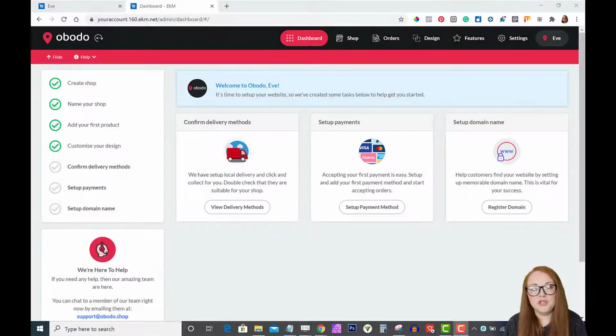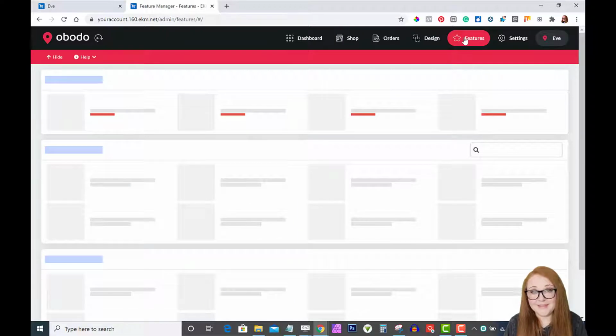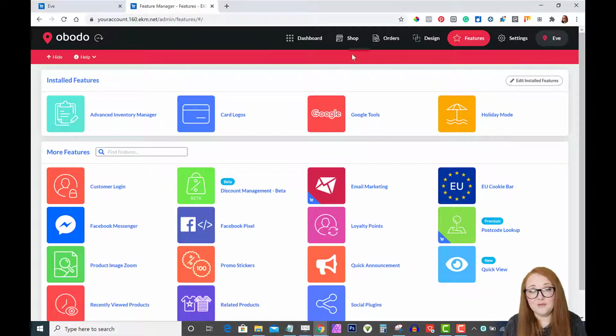In this guide, I'm going to show you how to use the promo stickers feature on your shop. What you need to do is when you first log in, as always, you'll hit the dashboard page. So click the features tab up towards the top right hand side. That'll take you through to the features page, which lists all the features you've installed so far and those that